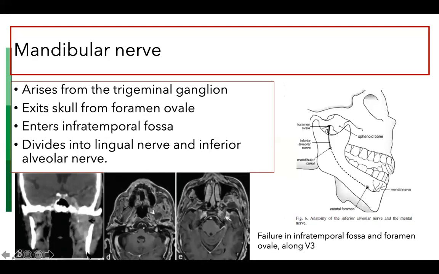Can you see this? And then in this place, we see where the mandibular nerve lies in this patient who has had a failure, or where the foramen ovale is in relation to the contralateral side. We can see the failure site here. So this is how the mandibular nerve presents.